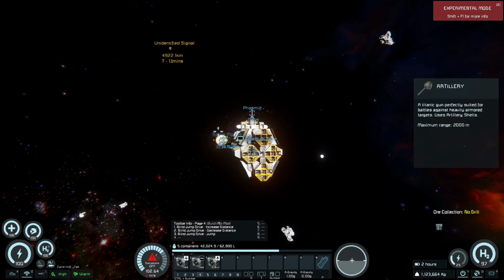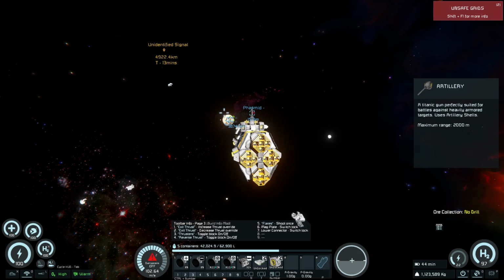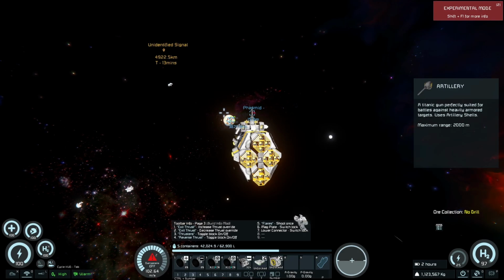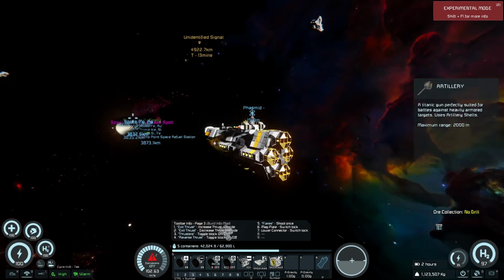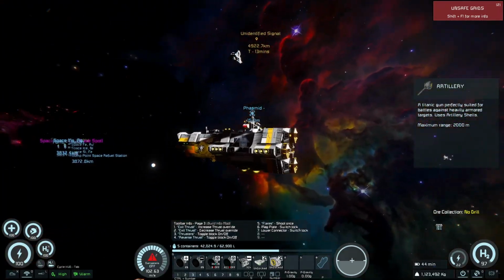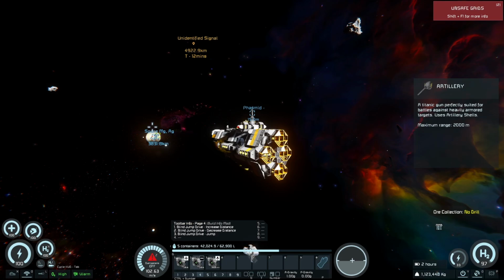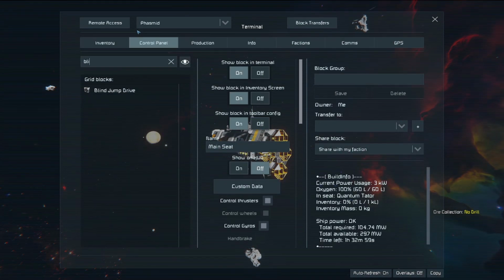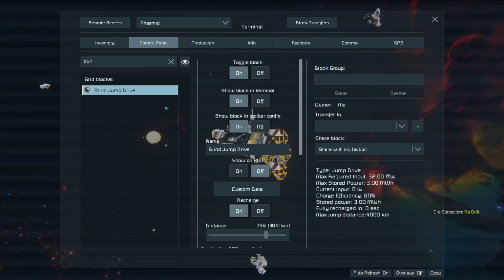All right, what are we at? 92%. Go back here. We're gonna kick our fuel tanks back on. Go back here, and we are going to turn off the forward thrust. No, turn off the reverse thrust, rather, and we are going to get ready for jump. Our blind jump thing should be... We should be able to...